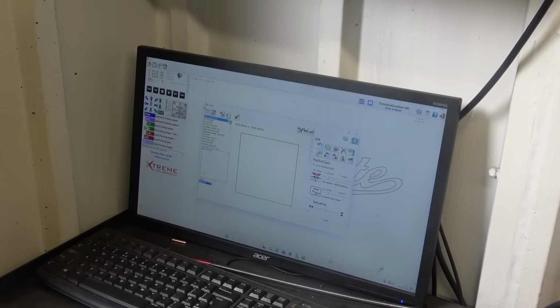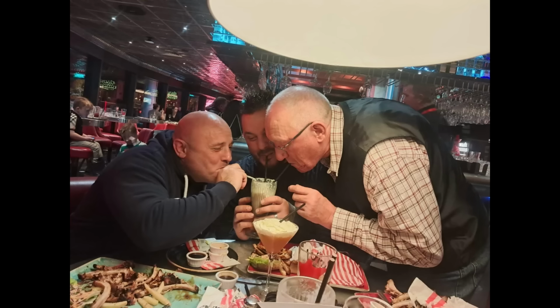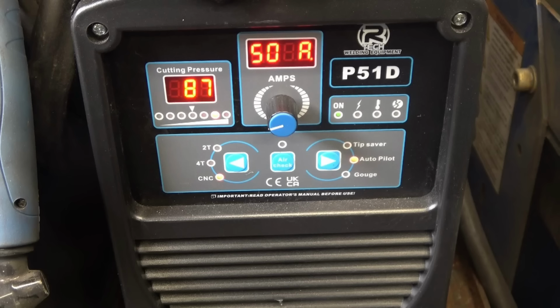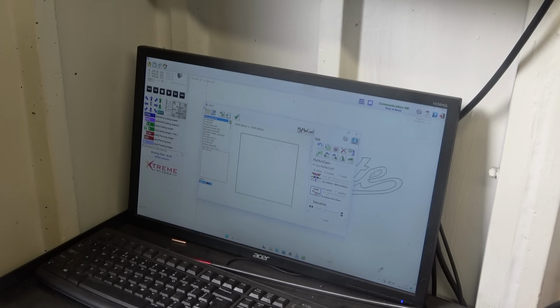I was at the NEC a couple of weeks ago with Rob on the Extreme Plasma stand, and I think the most common question people ask is, how thick will it cut? Referring to the plasma table. Well, it all depends on the cutter. I'm using the Artec P51D at the minute, and that will cut sort of 1/2 inch plate. It will cut thicker. The issue you've got with plasma is the actual pierce, burning the hole in to start